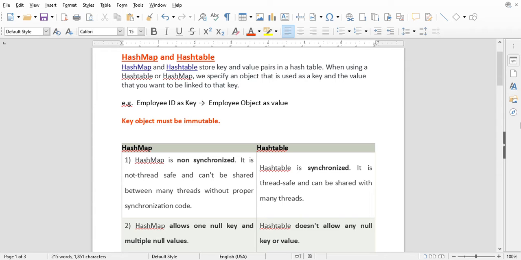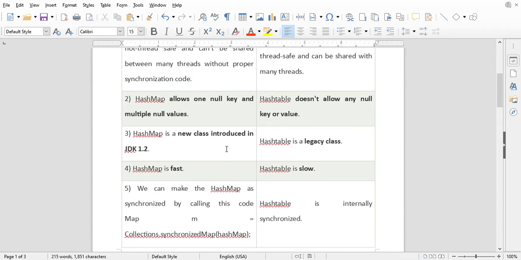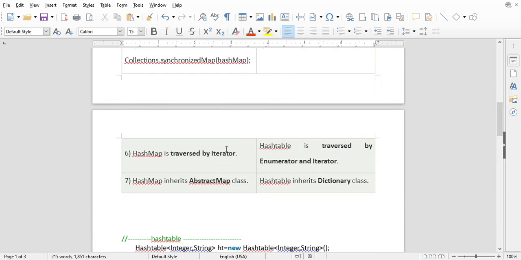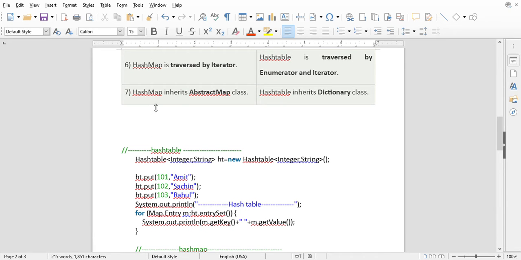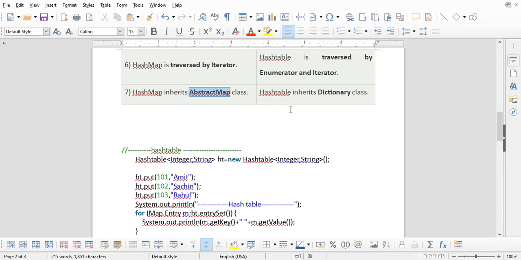So basically, as I mentioned earlier, HashMap and HashTable both are key-value pairs. HashMap implements AbstractMap, and this is the comparison we have here for both. As you can see, HashMap inherits the AbstractMap class and HashTable inherits the Dictionary class.